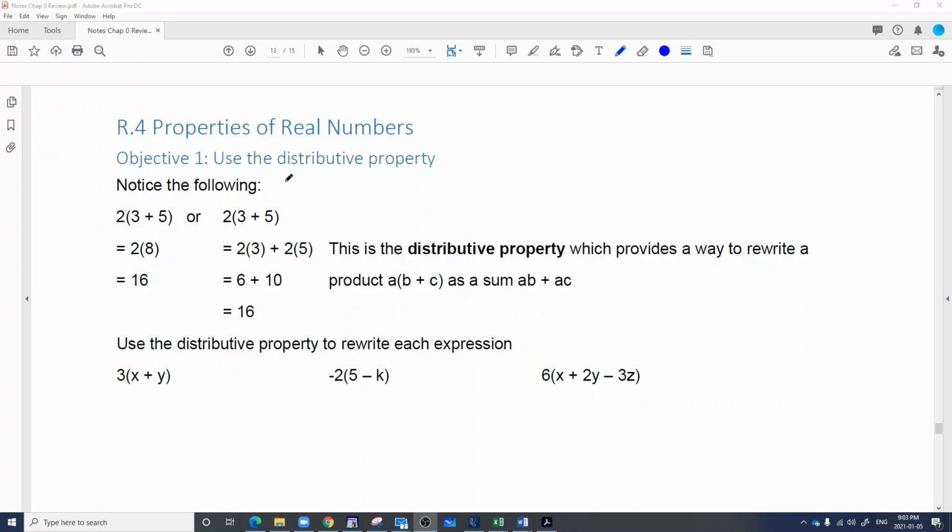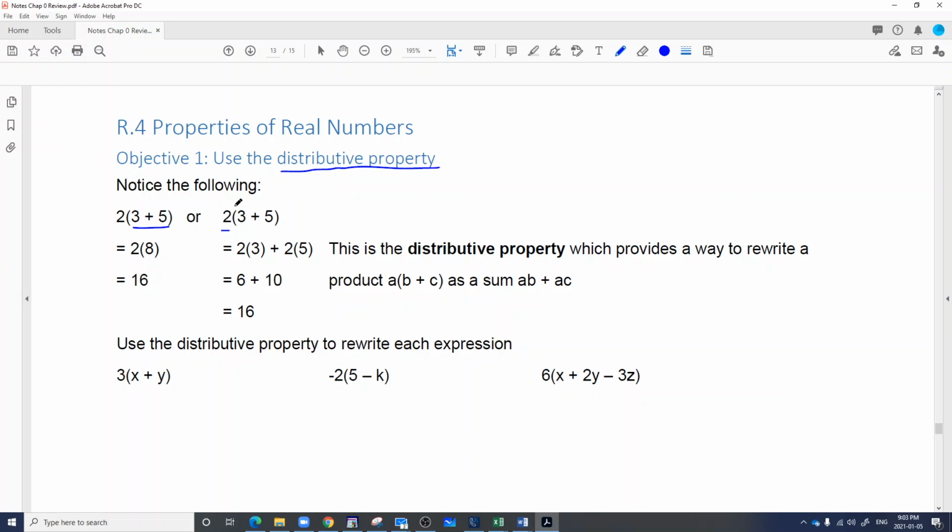So the first thing is one that most people know, which is called just the distributive property. Order of operations always says that you have to do the bracket first. So here I would do 3 plus 5 is 8, so that I get 2 times 8 is 16. The distributive property says that you're actually allowed to do multiplication first, as long as you distribute the multiplication through